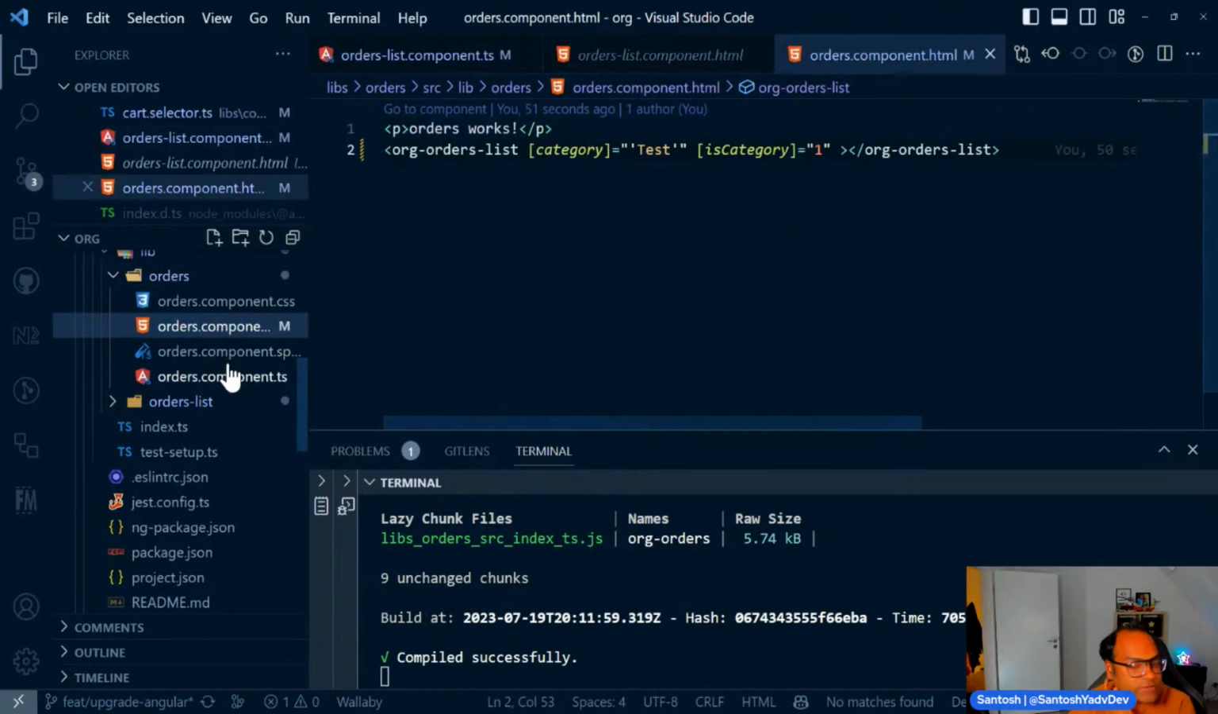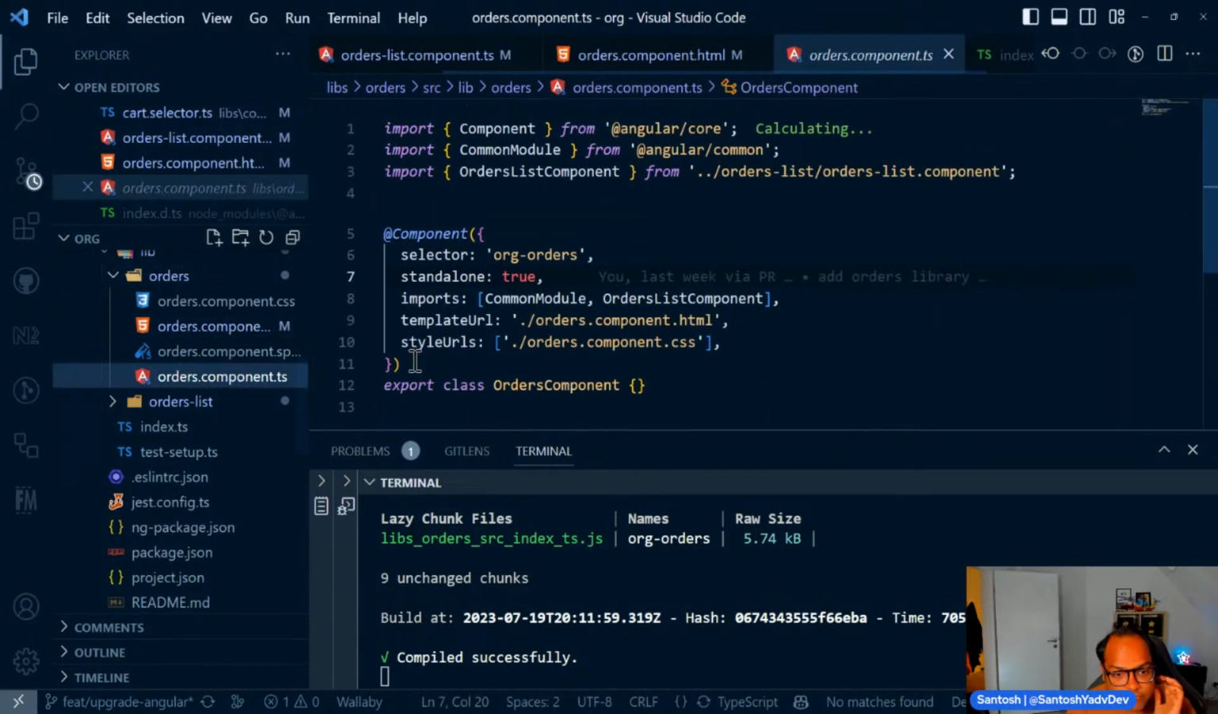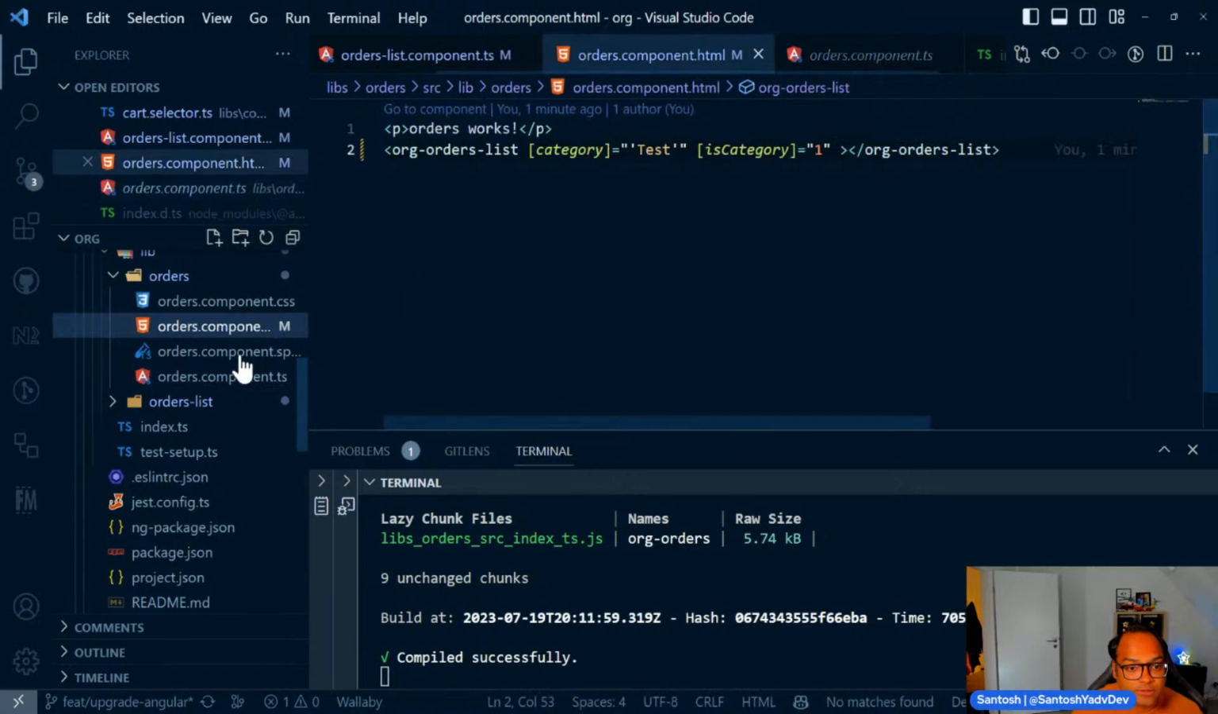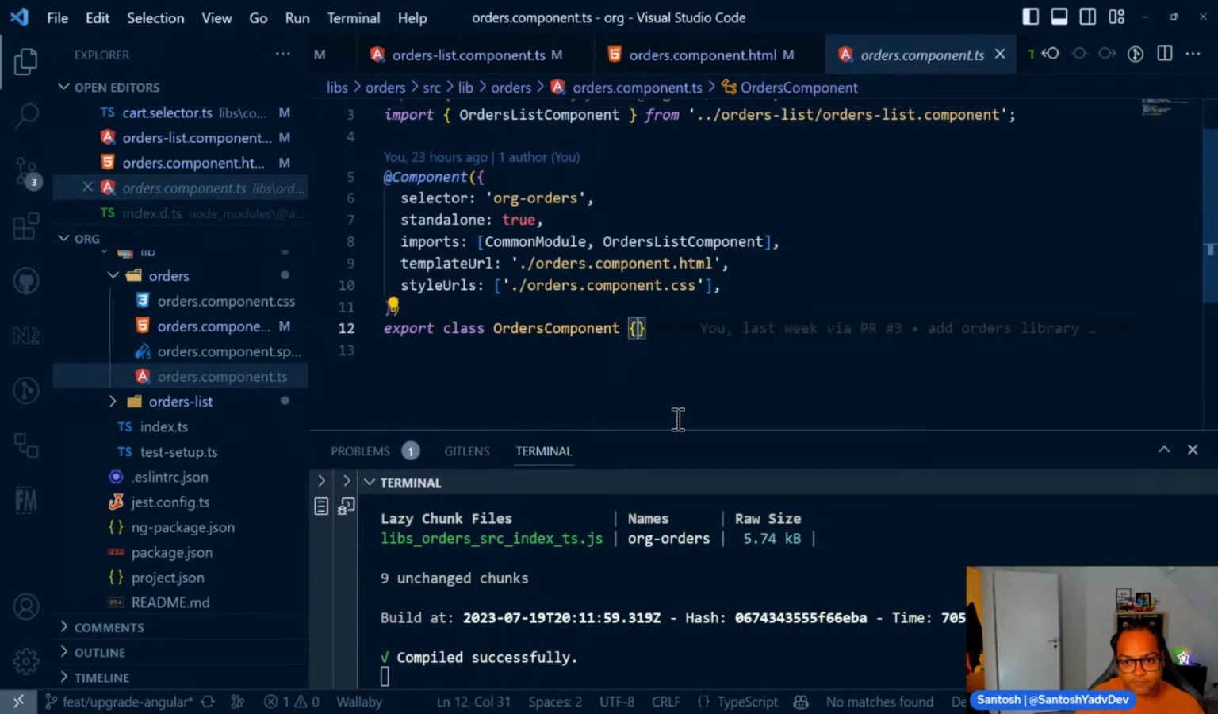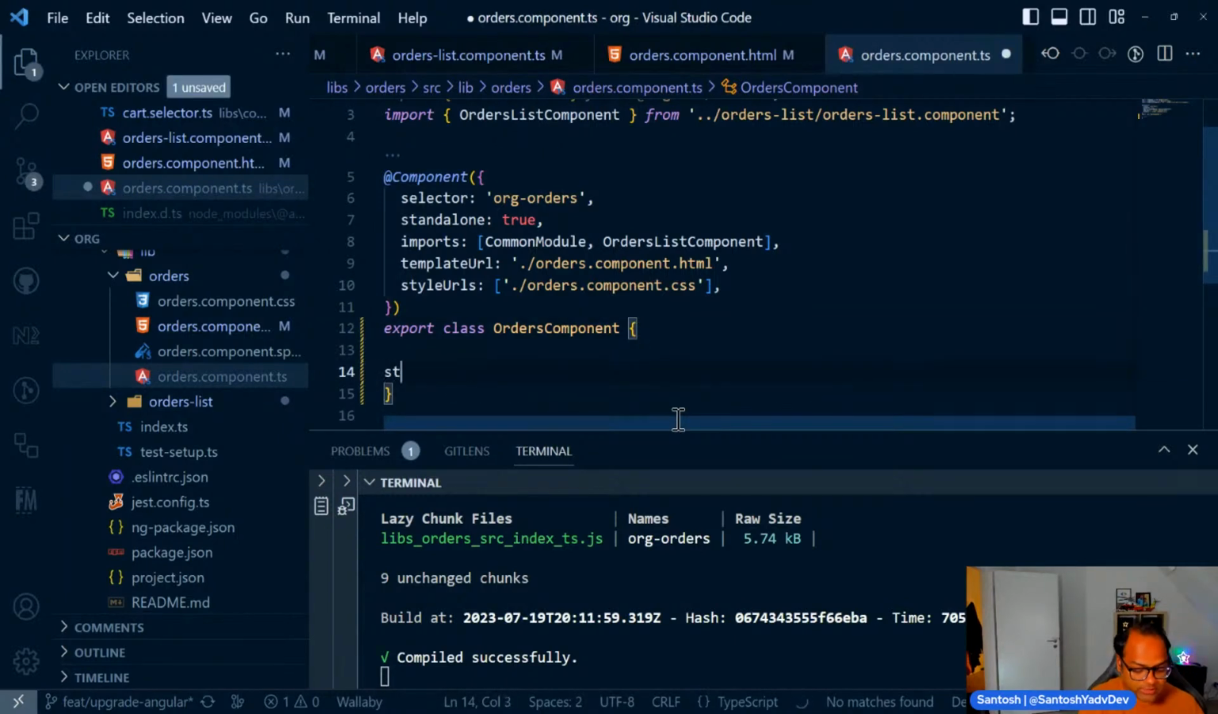Let's talk about signals, right? We saw some of them, but not everything. We saw how we can create a signal. Then we saw how we can use toSignal and toObserver, so there are two different APIs. But let's see one more. So here I'll create a signal, and I'll call this signal status, which is equal to